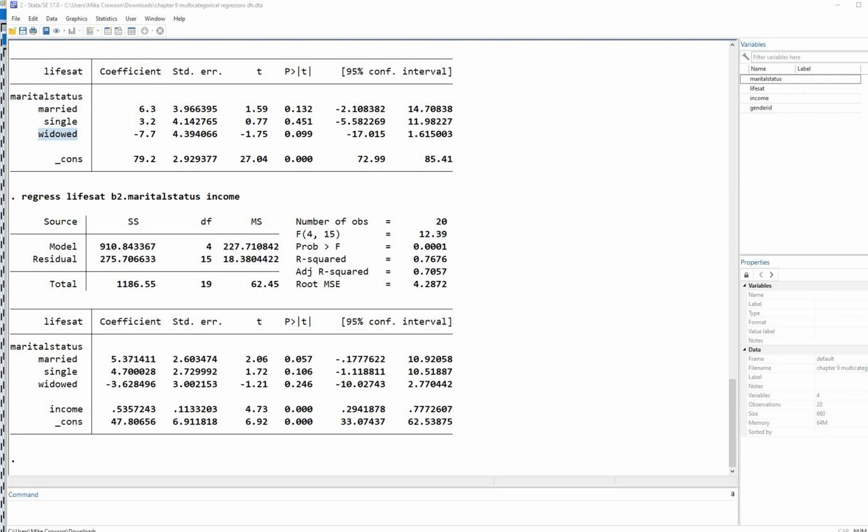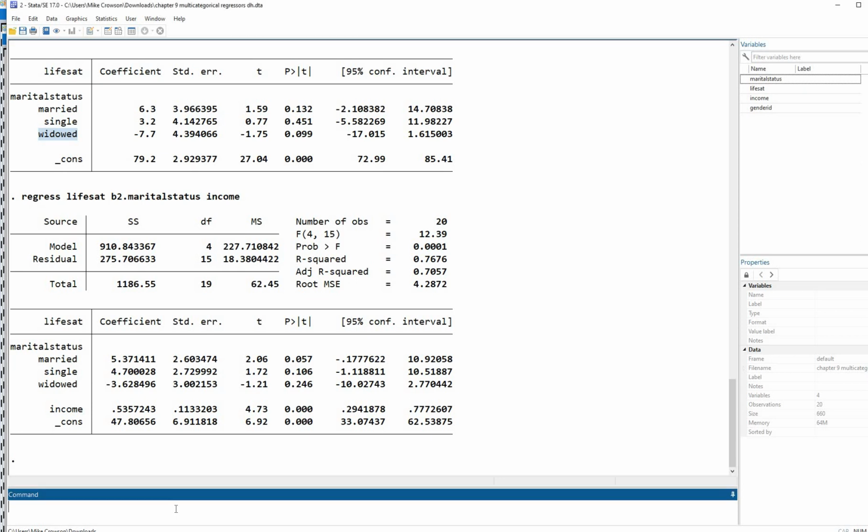Now, at this point, you may be thinking to yourself, I don't necessarily want to look at the comparisons in this kind of way. I want to look at the overall effect of marital status in addition to income as predictors. So I want to see if marital status has any unique contribution to life satisfaction. When we look at our model in this way, where we've broken out the effect of marital status across these dummy variables, then we're not really able to look at the overall effect of marital status. So one thing that we can do is we can use our ANOVA